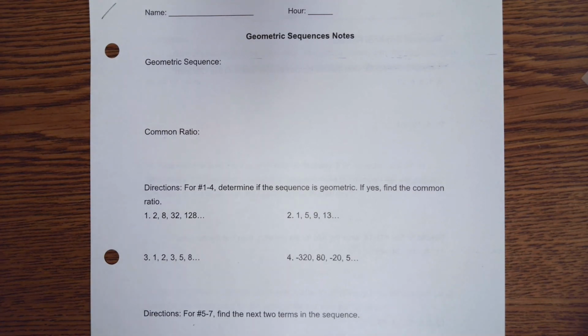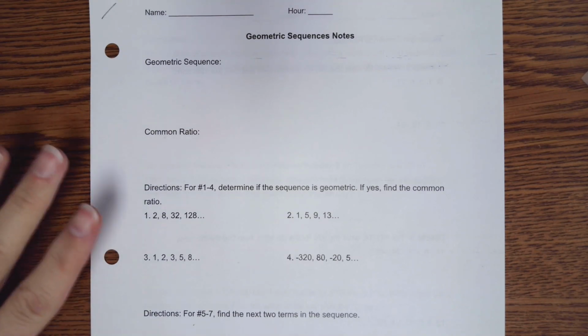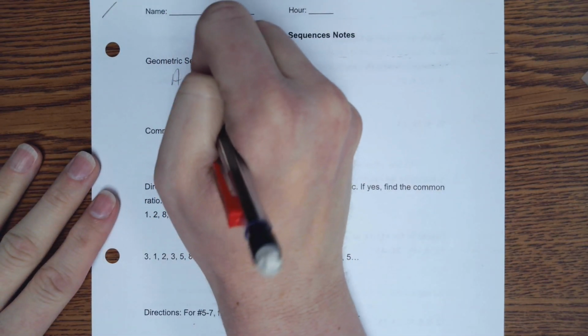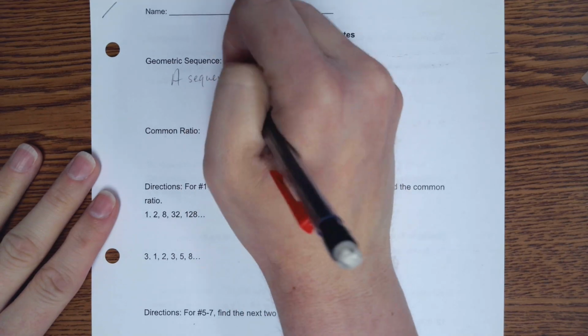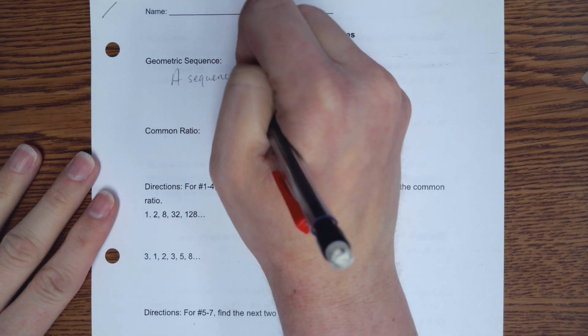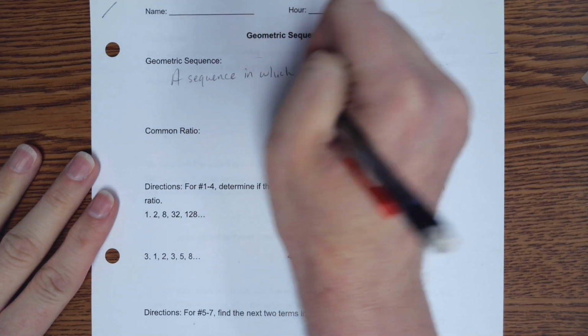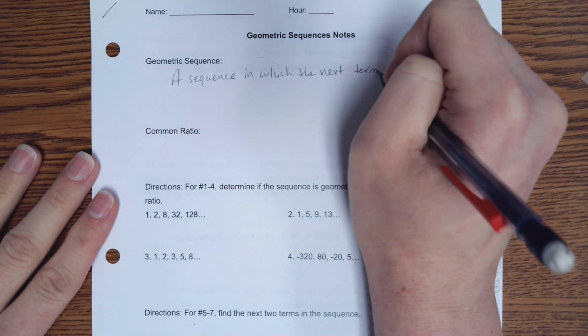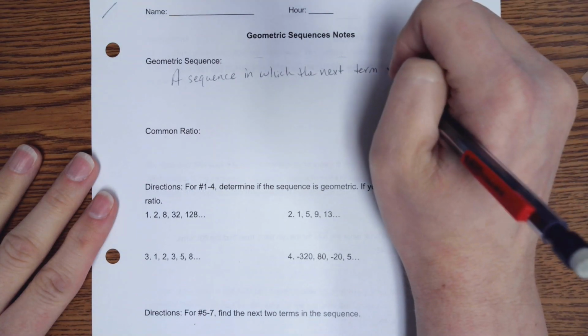Hopefully you feel comfortable with arithmetic. Now we're moving on to geometric sequences. So a geometric sequence is a sequence in which the next term is found